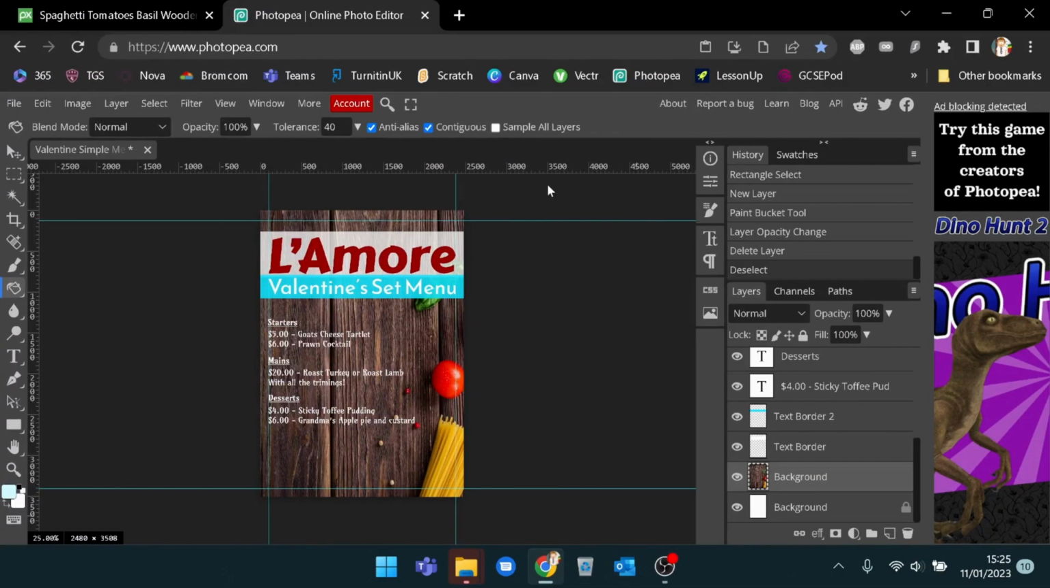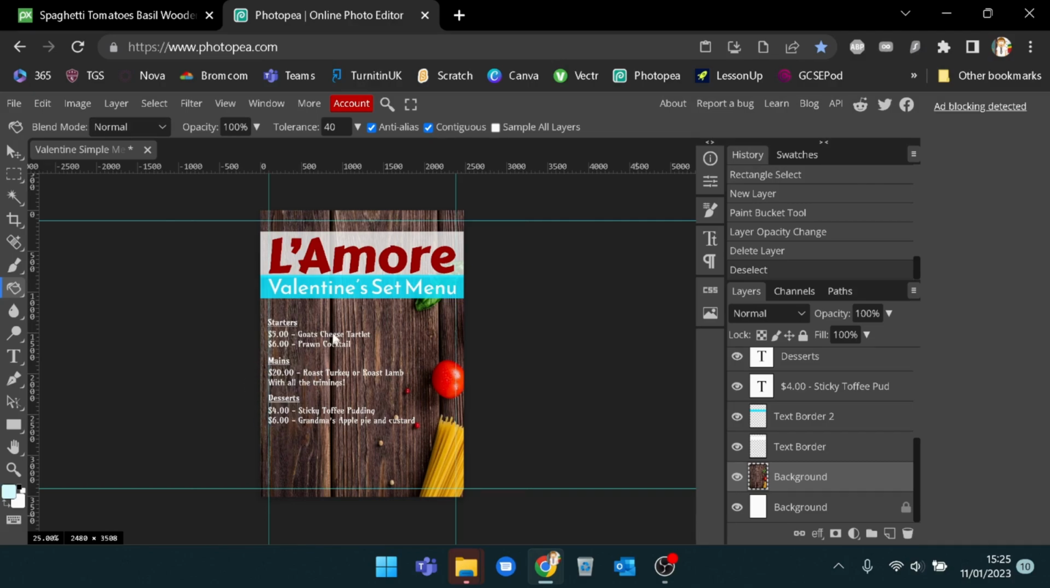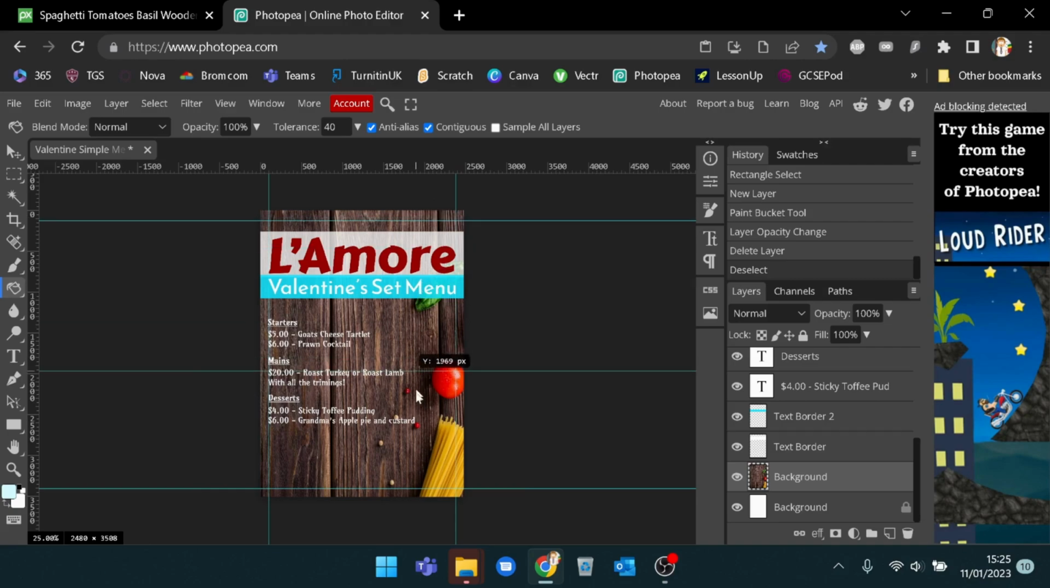In this next video, what I'm going to do is show you how to add 3 images into the bottom of our menu. So we're going to have an image for our starters, an image for our mains, and an image for our desserts. To do this, I'm just going to drag my guide down here, and I'm going to have one image for our starter, one image for our main, and then one image for our dessert, and they're about